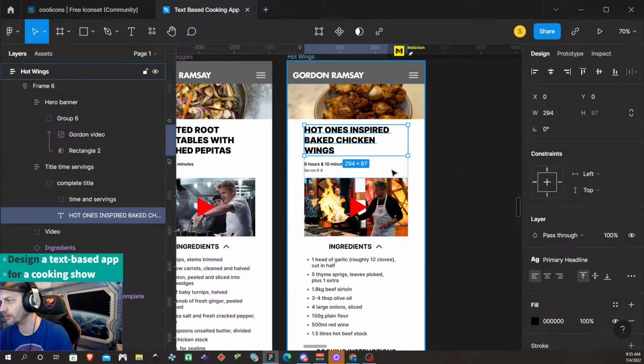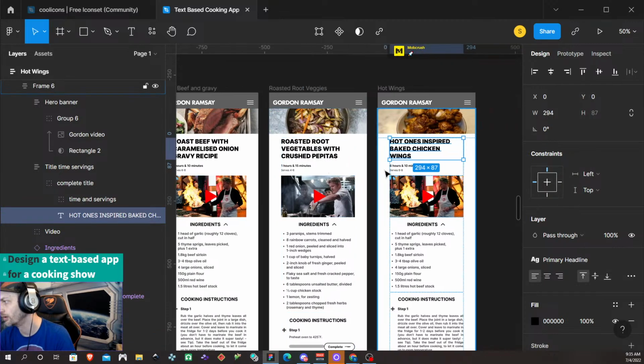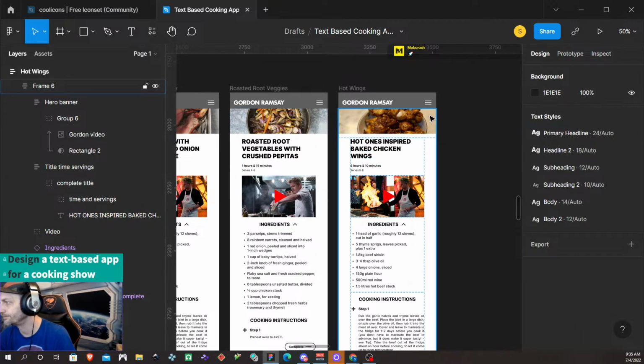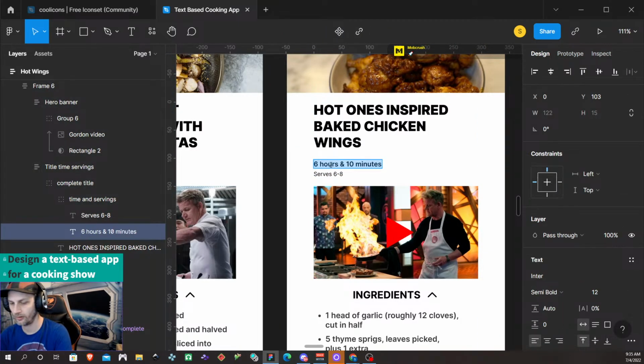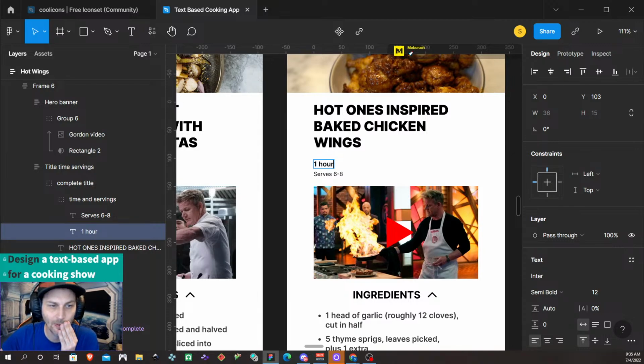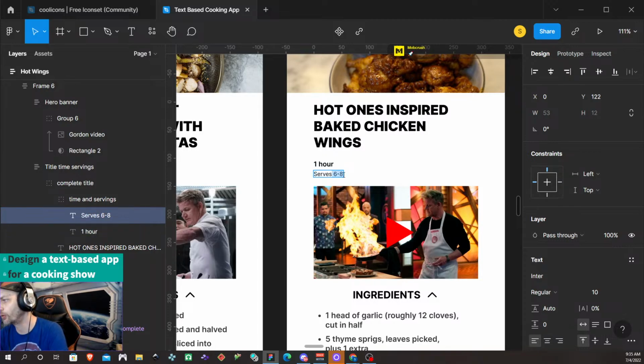Baked chicken wings, give it the same 3-tier like that. That's good. This is actually just 1 hour. And does it say how many servings? Not really. How many is that? 2 pounds of chicken wings. Lollipopped. Okay. So I'm gonna say it serves 4 to 6. Alright, then